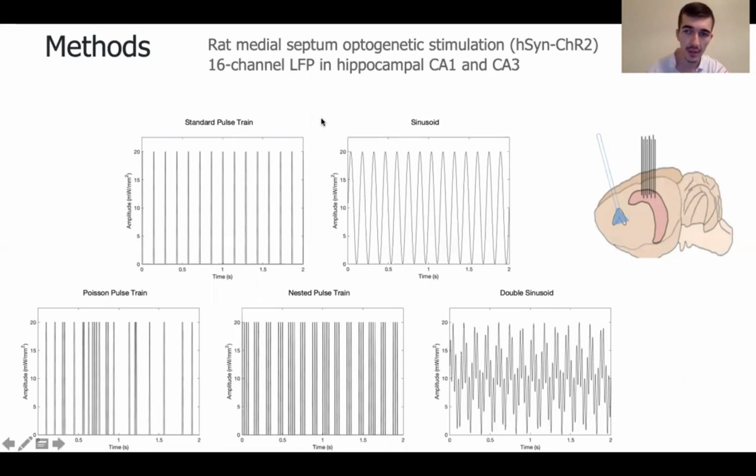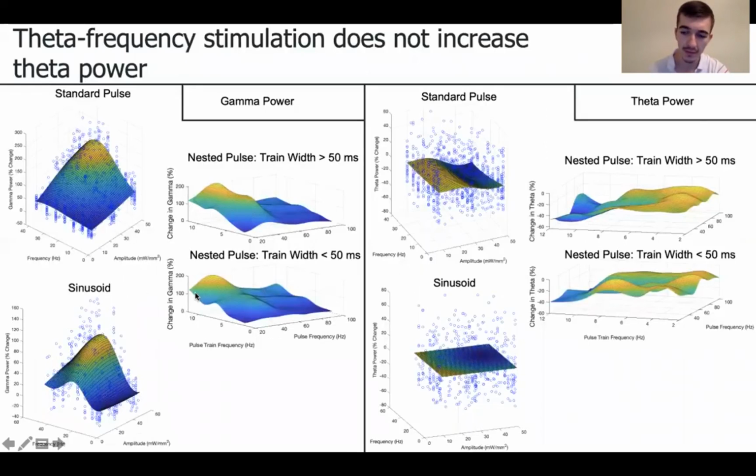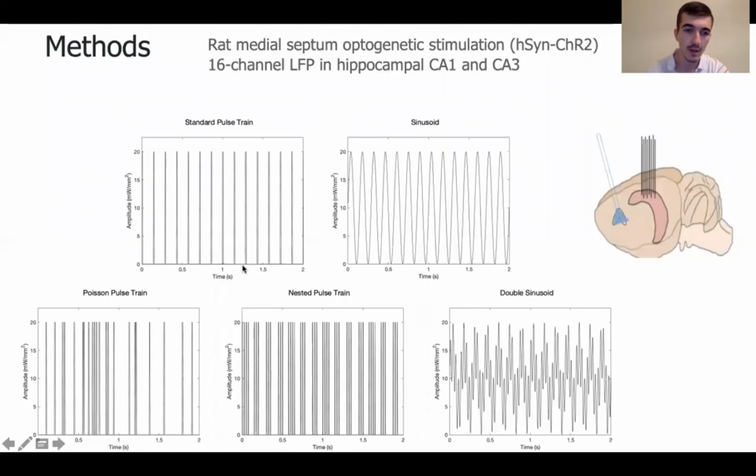We comprehensively evaluated 5 different stimulation parameter spaces. First is the standard pulse train space, which is defined by the amplitude, frequency, and width of constant frequency pulses. Second is the sinusoid space, which is defined by an amplitude and a frequency. Third is the Poisson pulse space, which is defined by the amplitude, frequency, and width of pulses, just like the standard pulse space, except now the interval between pulses is randomized and drawn from a Poisson distribution at the given